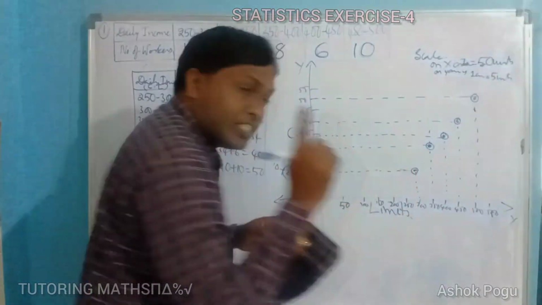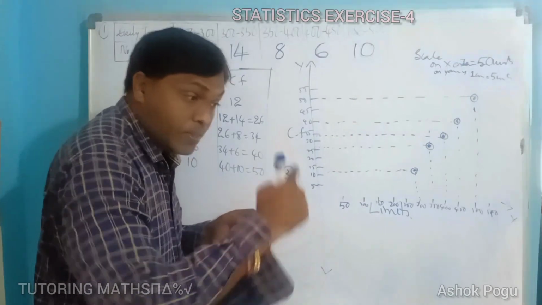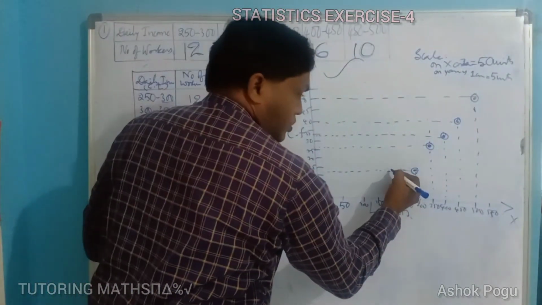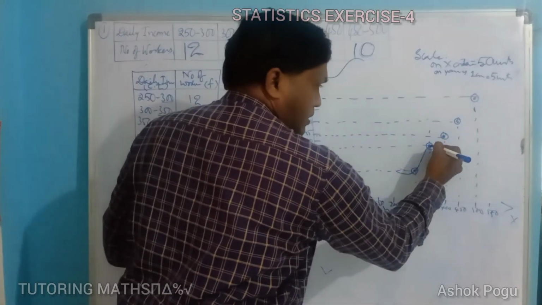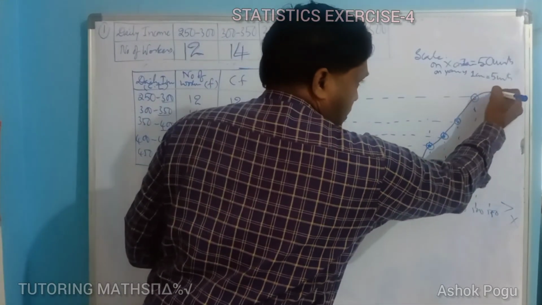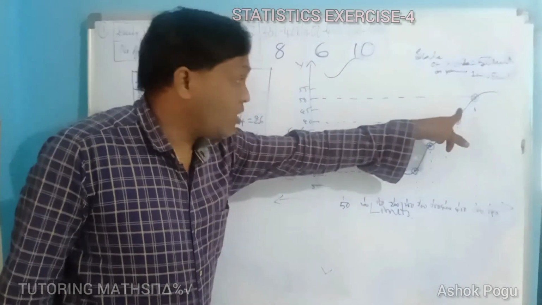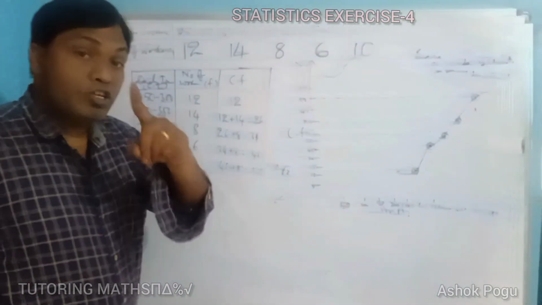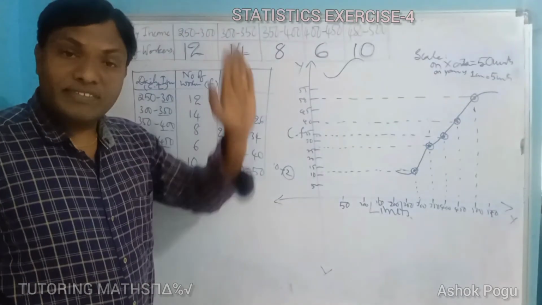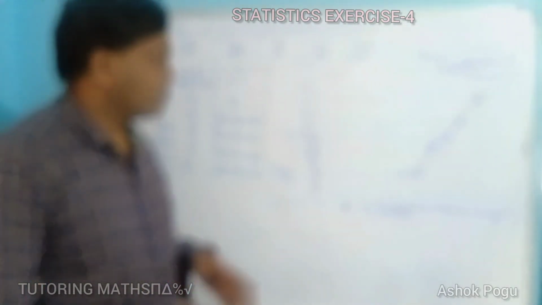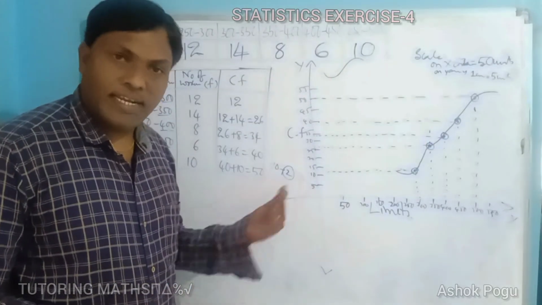See here. What is the shape of the ogive curve? S shape. S shape means like this. Already I have told you like this. So you start like this. Now you can draw like this. This is called the ogive curve. This is the less than cumulative frequency curve. Just like this, you can continue with the next questions.